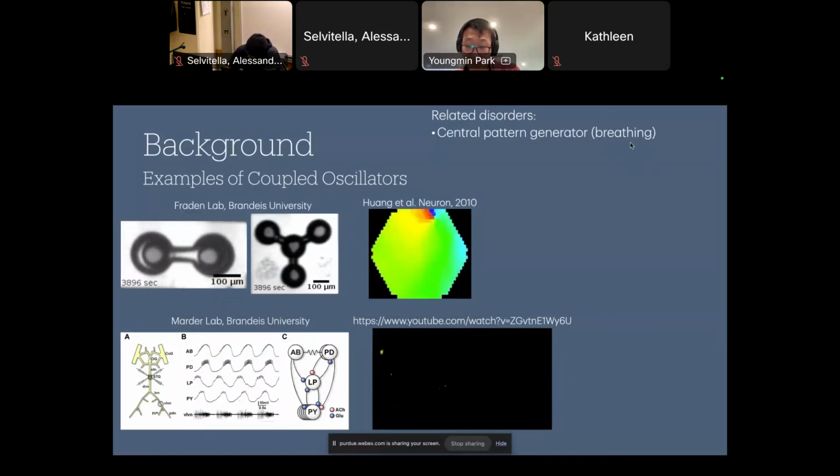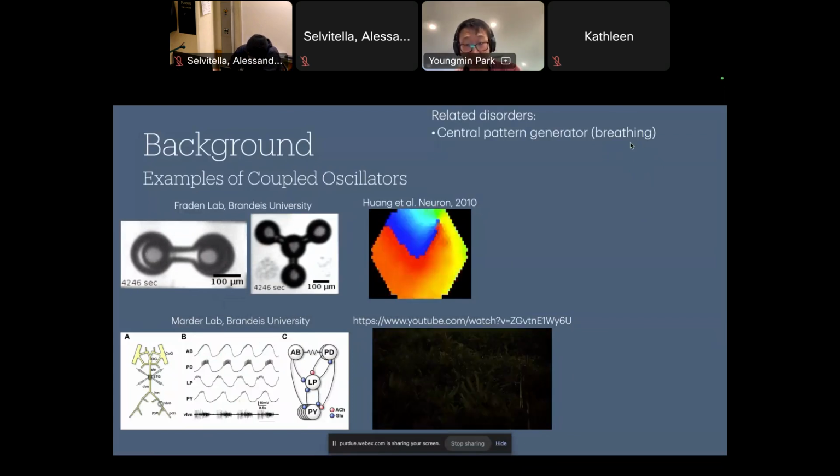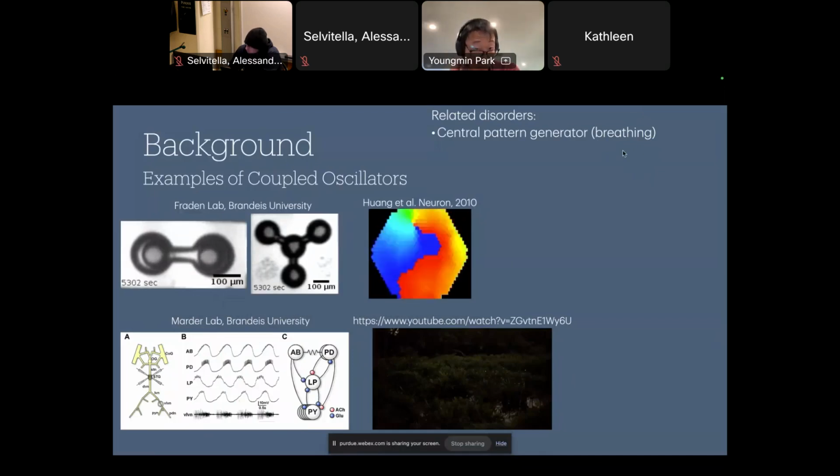I don't quite know where the state of the research is now, but when I started math bio research, there was a neuroscientist who suspected that the pre-Bötzinger complex, which is a small cluster of just 200 neurons in your brainstem, responsible for generating your breathing rhythm, and which exists in all mammals, might be involved. So if we understand how synchrony is maintained in regions like that, maybe we can treat these breathing disorders